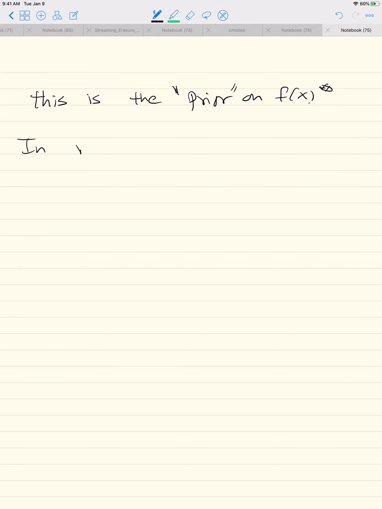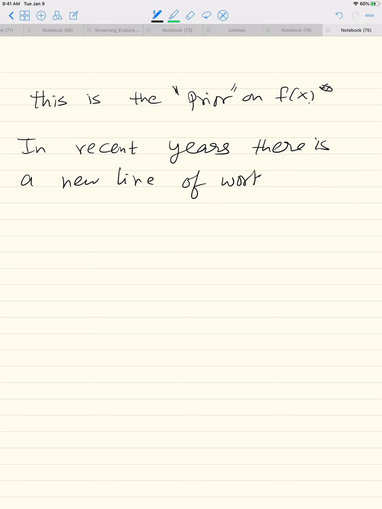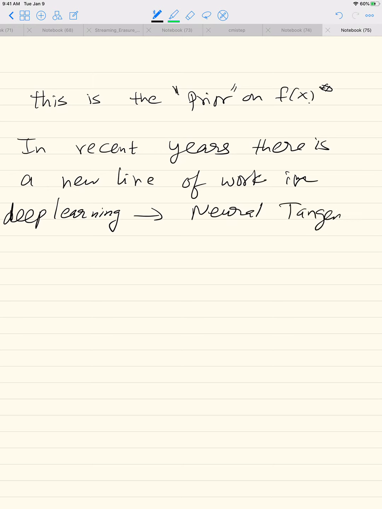In recent years, there is a new line of work in deep learning. It's called the neural tangent kernel, which says that